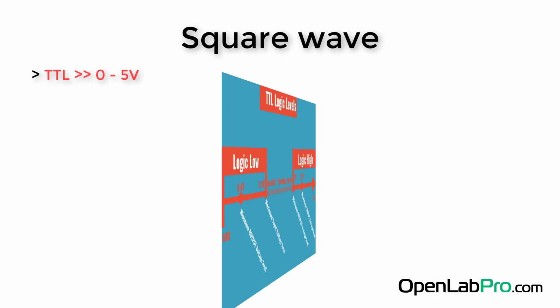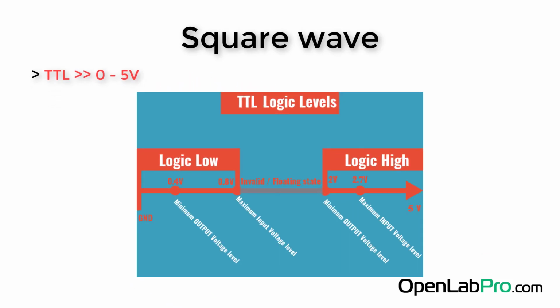For example, if we consider TTL voltage level 0 to 5 volt, to represent logic 0 the voltage doesn't need to be exactly 0 volt. It only has to be near 0 volt. Usually, a device trying to send a logic 0 has to keep a voltage less than 0.4 volt, and to read 0, it has to be below 0.8 volt only. Similarly, there is a defined level for logic high also.